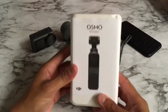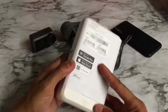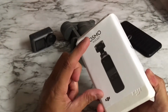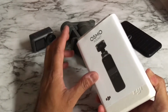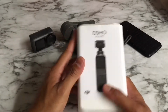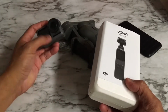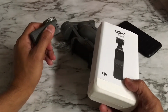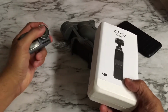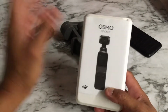This is not brand new, this is used. But when this one first came out, I actually enjoyed it. It does score. The only thing I had an issue with was focus, and DJI fixed all the issues with firmware updates. And of course, when this thing had been out for a while, the Osmo Action was released. And I said to myself, man, I'm a water guy. I need something that is action. I'm always in the water, I'm always in extreme environments. But anyway, so I got this